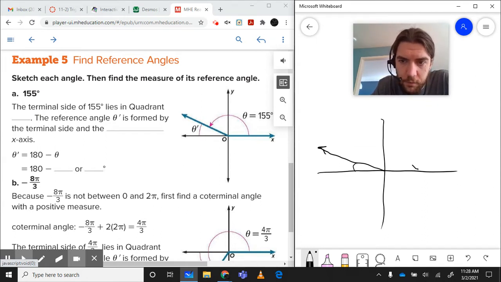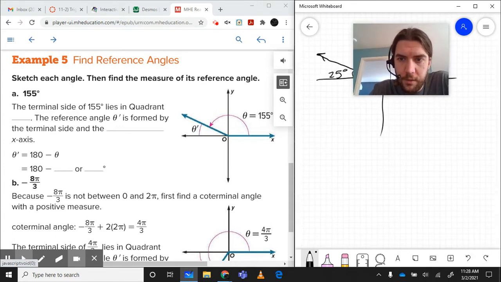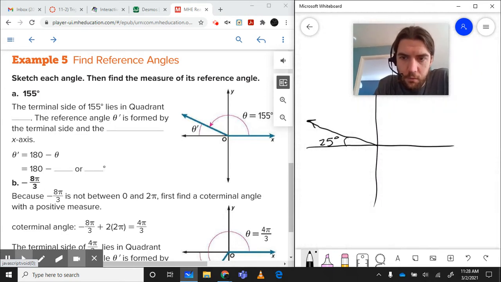180 is that full distance all the way over. So we're not going quite that far. We're going to take away that 155 to see that the remaining amount was 25 degrees down there. If we are given it not using degrees, but given radians,